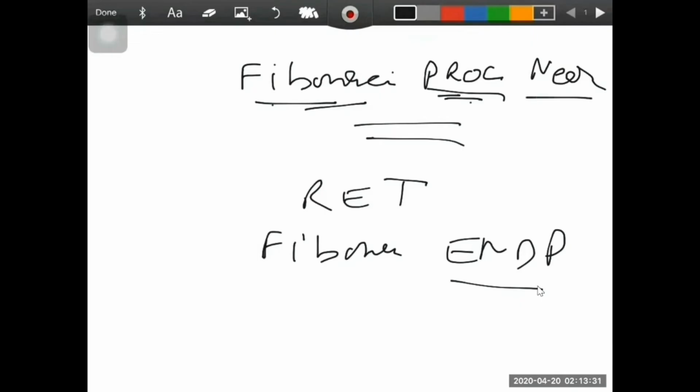Now what does near mean? There are two directives we can use combined with PROC: near or far. For near or far, you should know the concept of intersegment and intra-segment. That comes under the assembly level instructions. Intersegment means we have 4 segments: data segment, extra segment, code segment, stack segment.